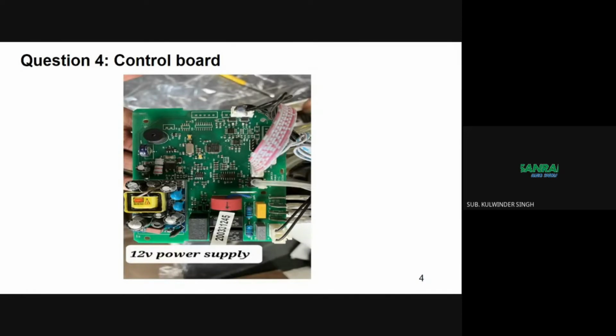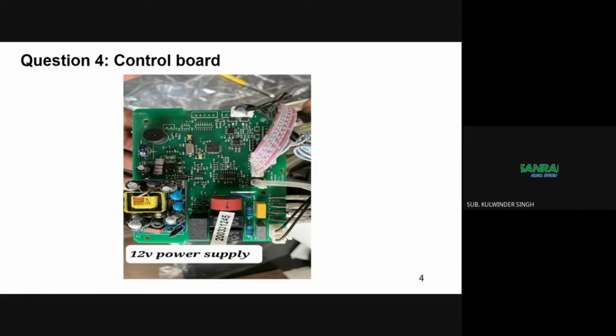Now moving further by checking the power switch. You can check the power switch by putting it on and doing the continuity check, and also check the circuit breaker with the multimeter. If all the above parts function properly, now moving on to the PC board, as we can see in the